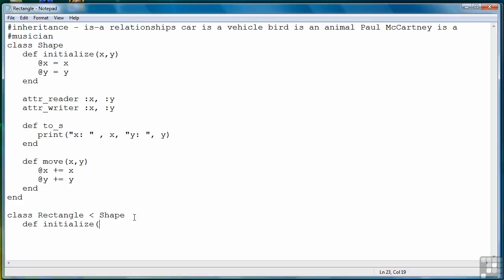And so a rectangle is going to be like a shape in that it has x, y coordinates, but we also define a rectangle by its width and its height. So those are going to be the other two instance variables that we're going to keep track of. Now, because we've already defined in the shape class an initialization method to get the x and y parameters from the constructor call to the instance of the object, we have a special way of doing that with inheritance,